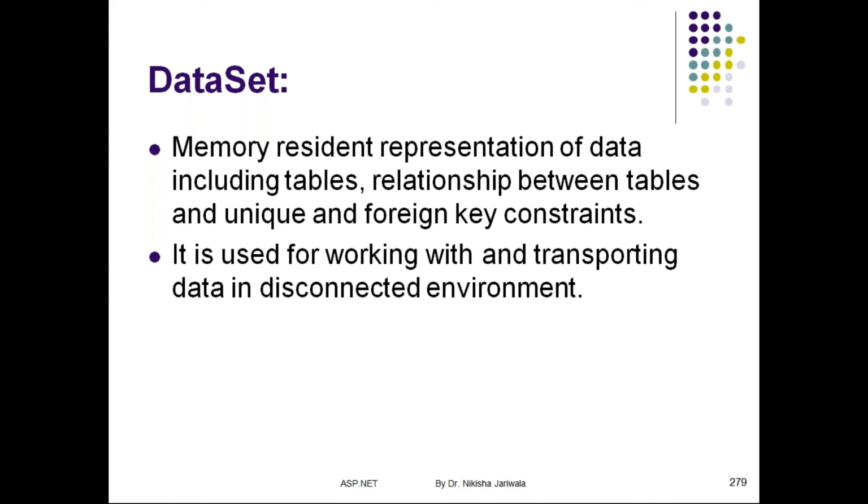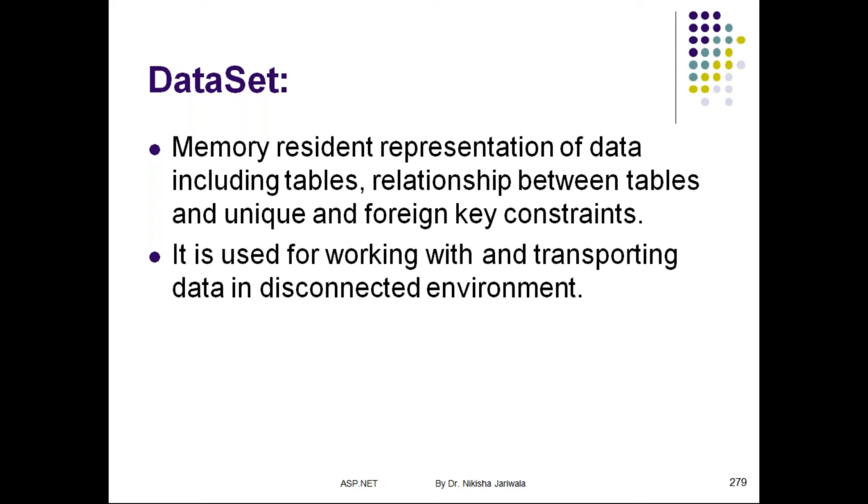But obviously it is useful because it gives us security. We don't need to keep the connection open for the whole day. Though we are not using the connection for the whole day, we are able to update the data set, that is, we can perform various types of queries. We can also perform select query, and we can also perform insert, update, delete query.